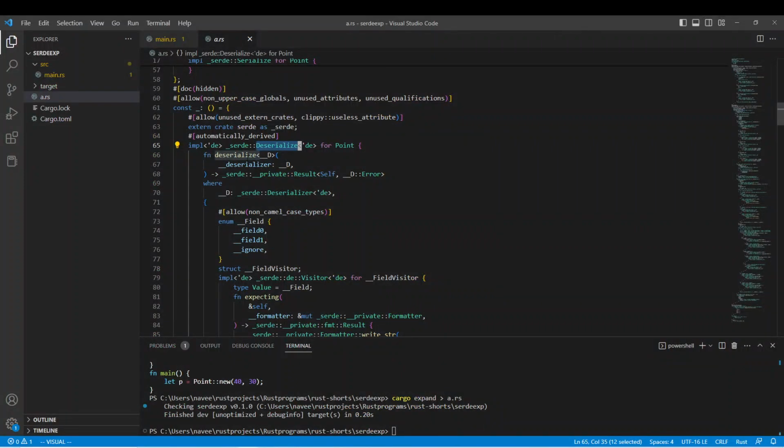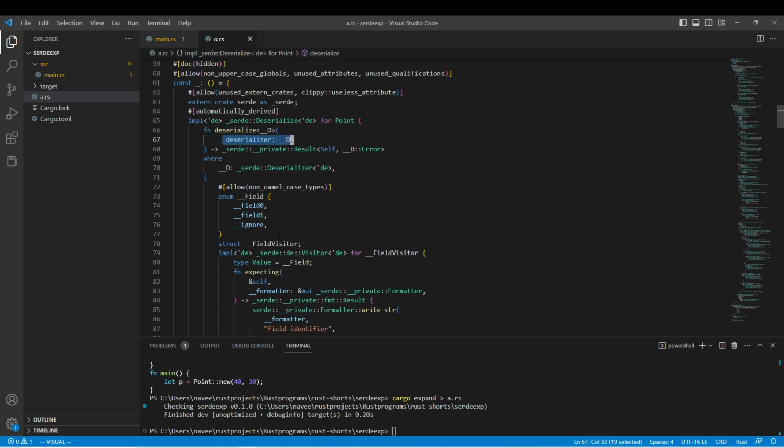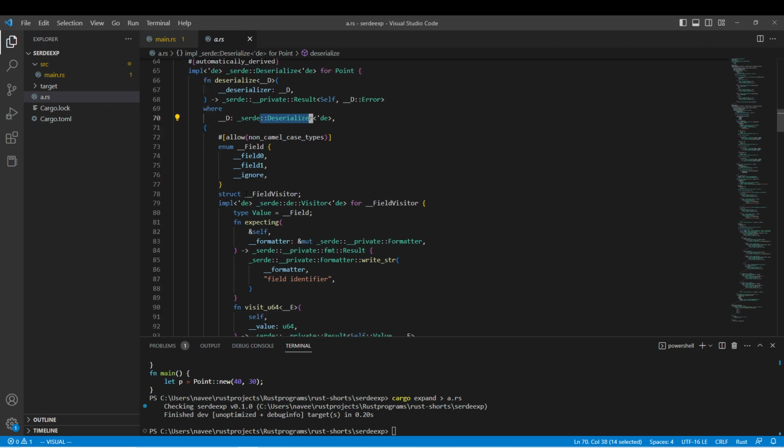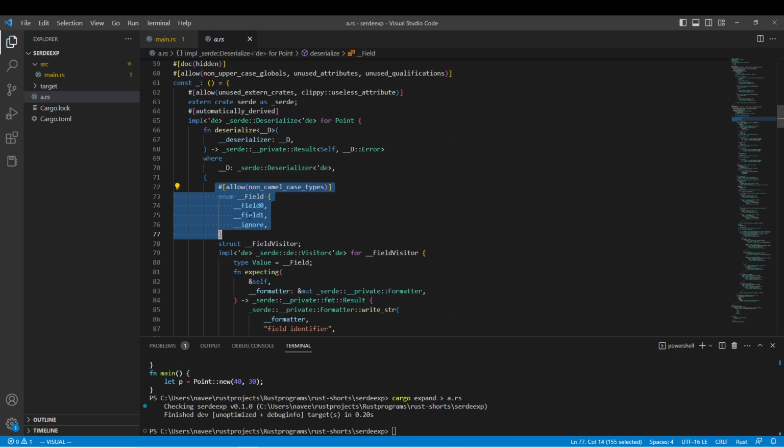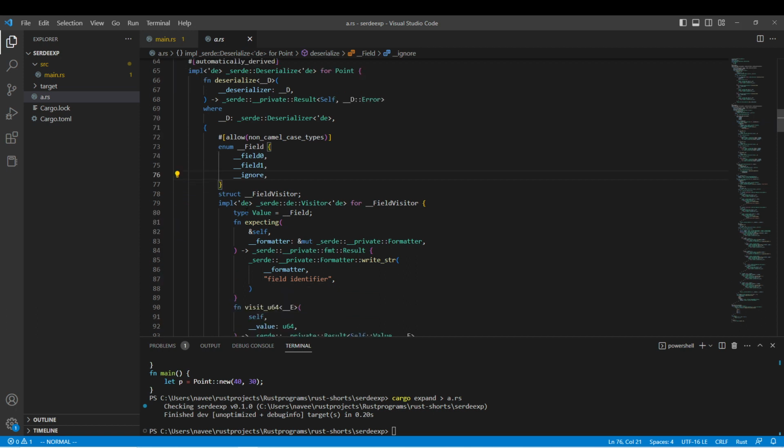Deserialize, D, a deserializer, only one parameter. Yeah, where D: Serde Deserializer, and it's defined an enum Field. So field 0, field 1, and ignore. Three fields it has defined, and a struct field